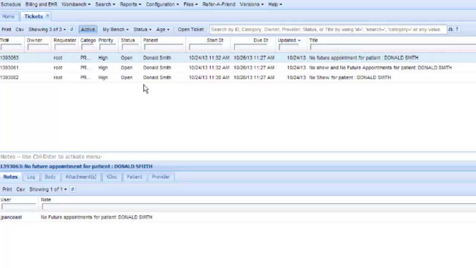What happens is when a patient either no-shows, and then not cancels, but just doesn't show up and they are not contacted that day, and then the appointment is updated as a cancel with a reason, or if the patient has no future appointments, they came into your office that day and then they left without making an appointment, these tickets